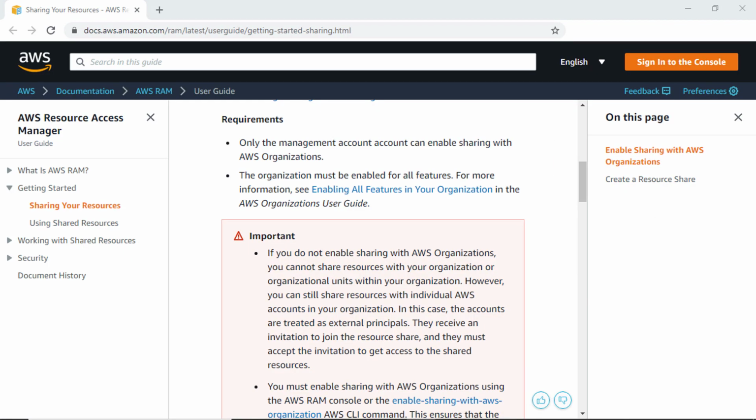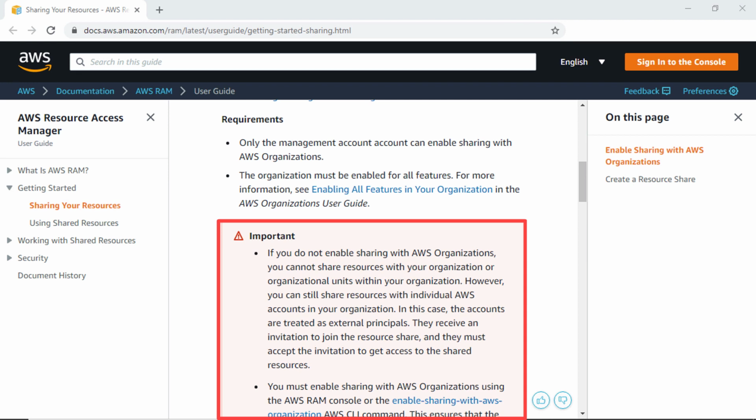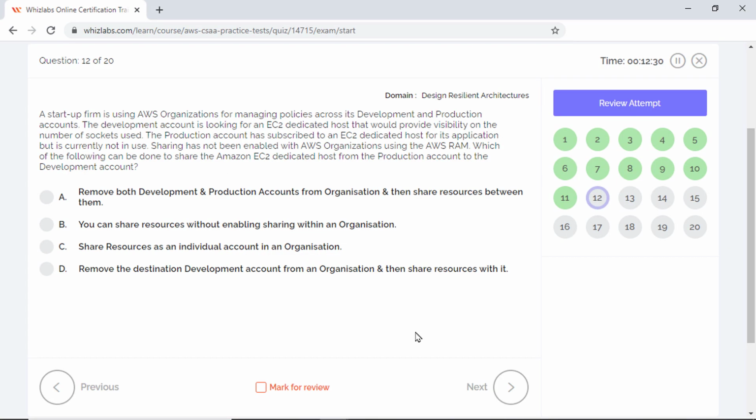Well, for accounts that are part of an AWS organization, if resource sharing is not enabled at the AWS organization level, resource sharing can be done at the individual account level. So resources are shared as external accounts, and an invitation needs to be shared between these accounts to begin resource